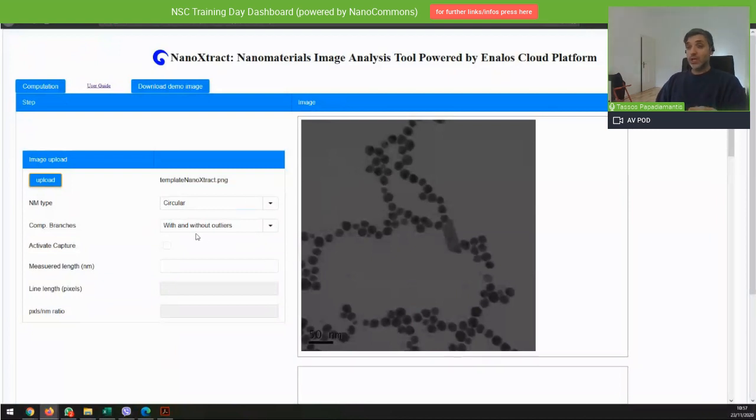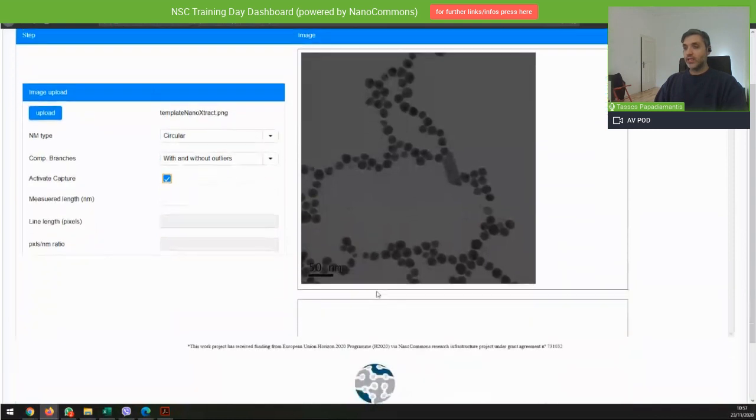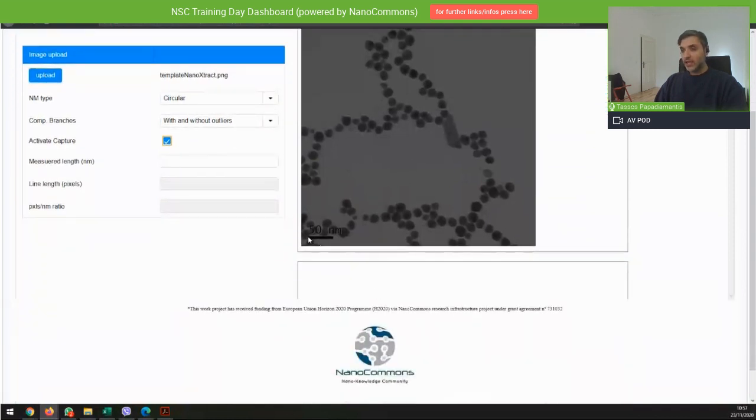First of all, we see that we have an image that has mainly spherical nanomaterials. We have a rod or plate-shaped nanomaterial here, an artifact, which we will need to eliminate. From the options, we pick the circular and then activate capture. Then we have the scale bar, in which we draw a line to cover the whole scale bar like this.